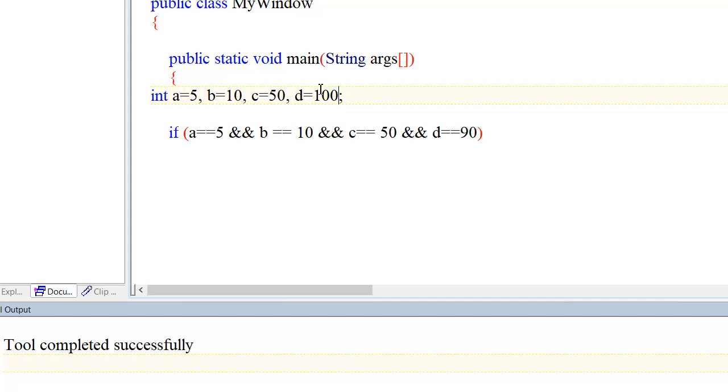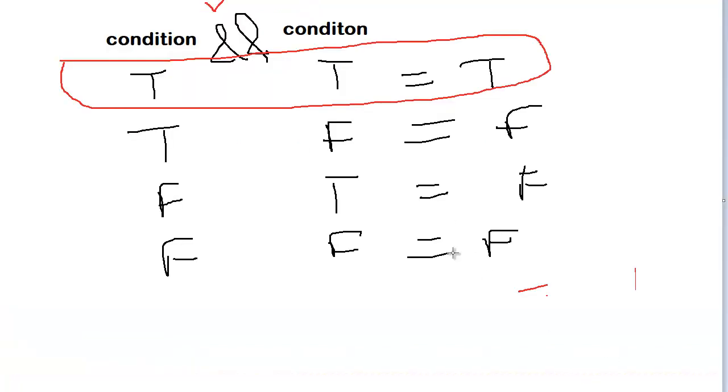No, it is false. Okay, coming to the OR case. See, OR is also called the pipe symbol. You will find a line like this. One condition, or one more condition. In the OR condition, if both conditions are true, then the result is true.